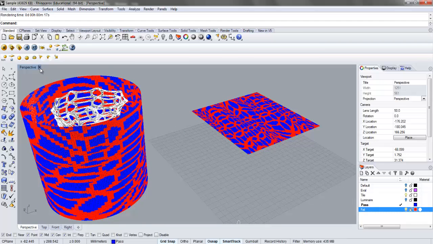Get a nice view going, and then we're going to turn on the ghosted view here. It doesn't look like it's going to give us what we want, but